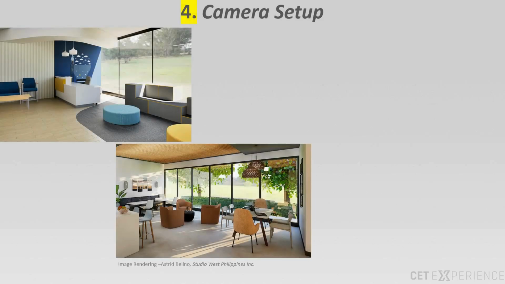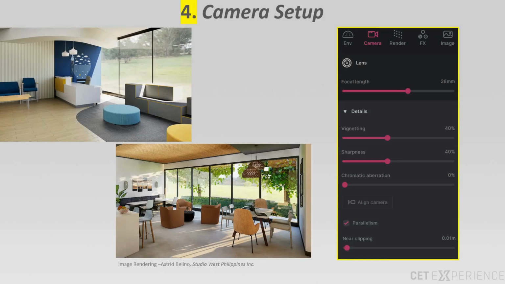In addition to enhancing your renderings with Lumen, achieving the perfect camera angle and quality can further improve the results. I usually experiment with a focal length of 20 to 26 mm so that the angle of view is closer to that of a standard lens. Then, I adjust the sharpness to around 20 to 40% depending on your preference. After that, I always enable parallelism so that all the vertical lines in the perspective are parallel and do not